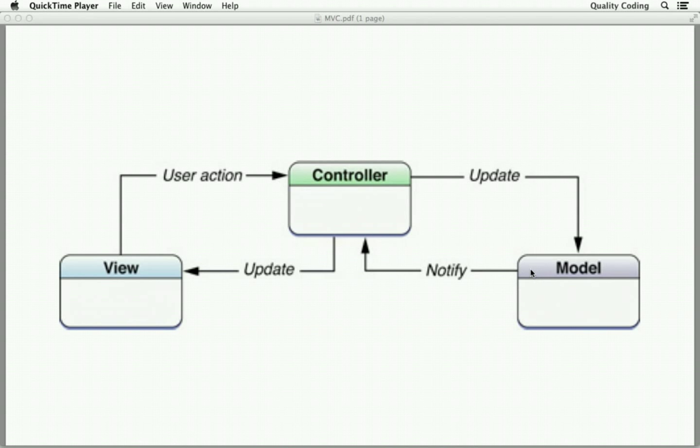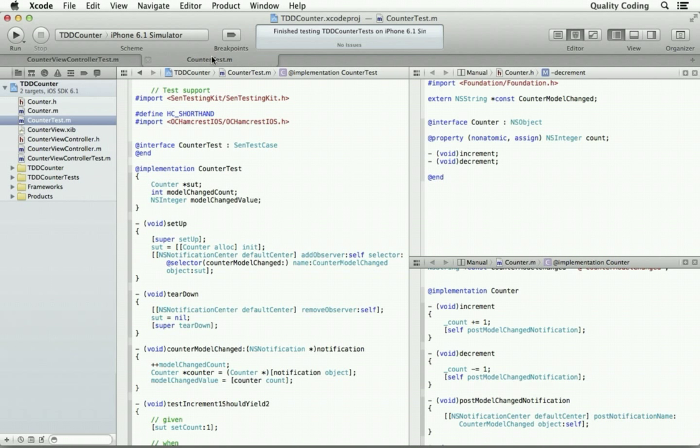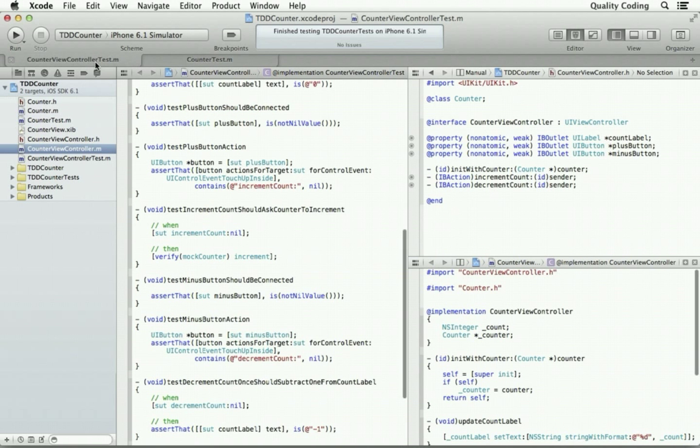So we've kind of have the arrow going out. Now what we have to do is get the rest of it back so that we deal with the arrow going in to make sure that the controller is listening to these notifications and doing the right update when that happens. Let's switch tabs now, going from our model, the counter, to our controller.